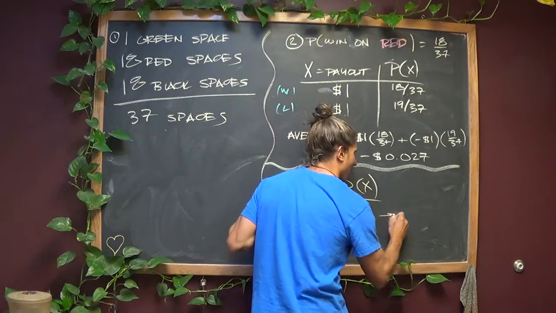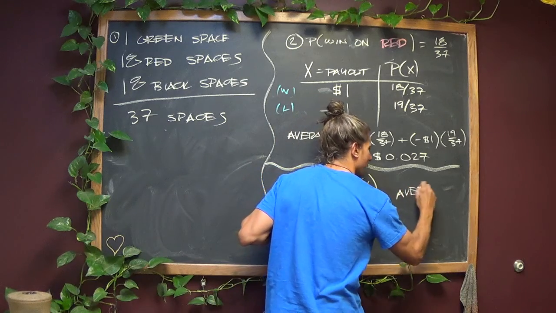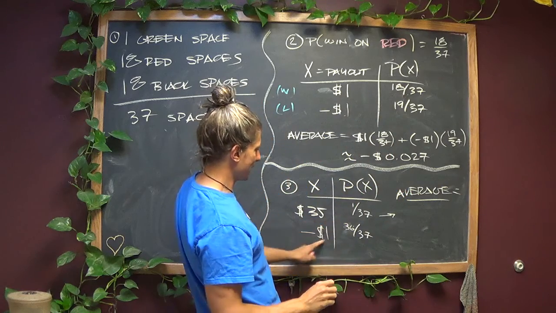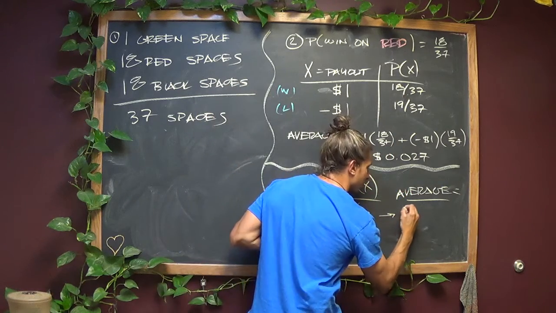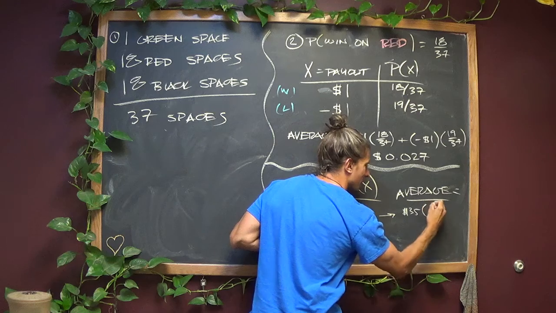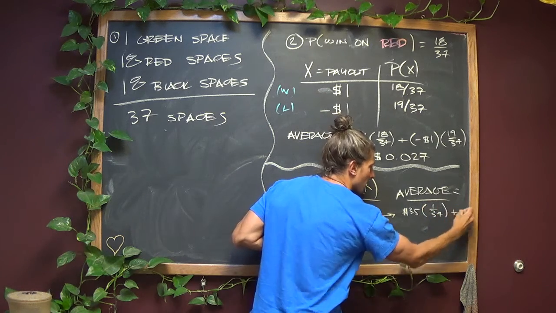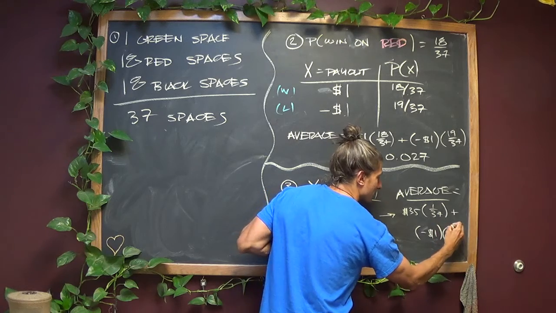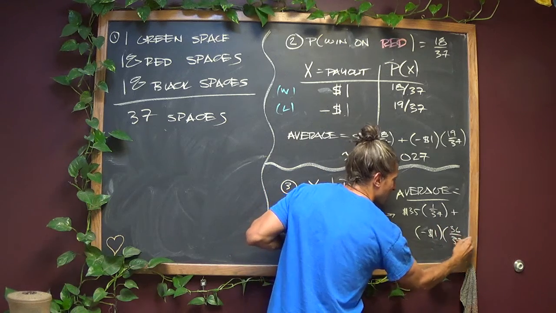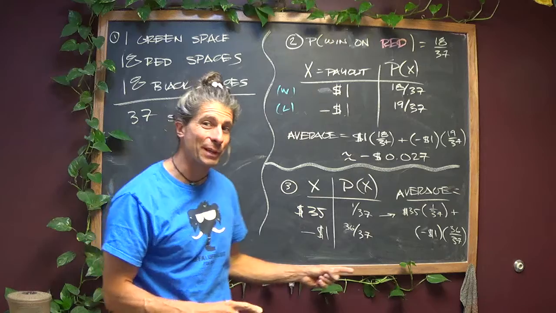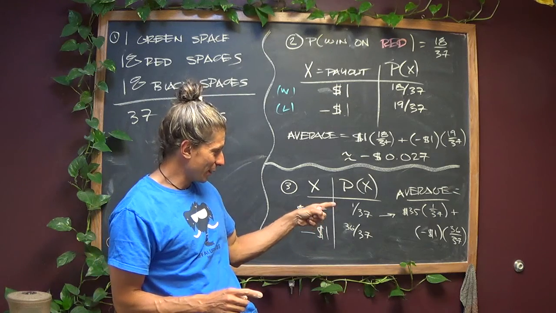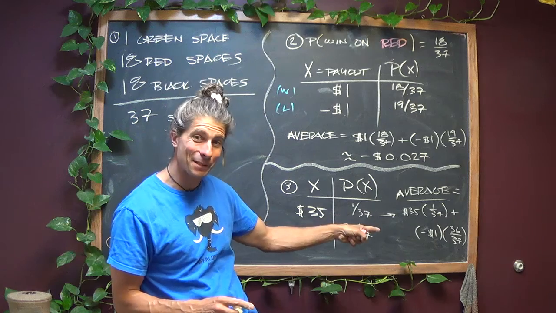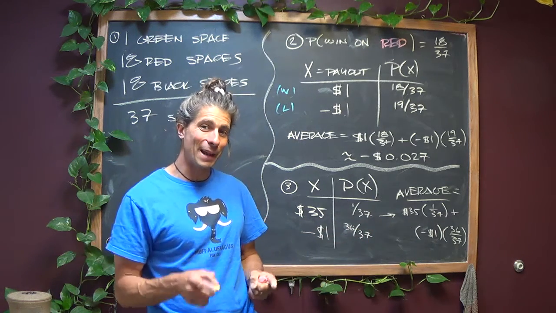your average, once again, is that times that plus that times that. It's $35 times 1 over 37 plus -1 times 36 over 37. Check out what happens. It's actually pretty cool. You end up with 35 37ths minus 36 37ths, which means you end up with -1